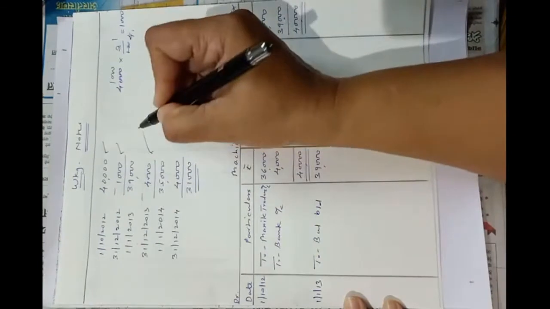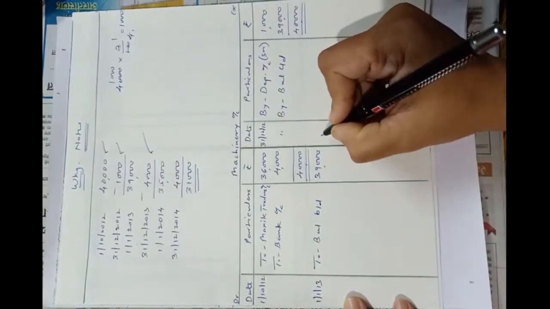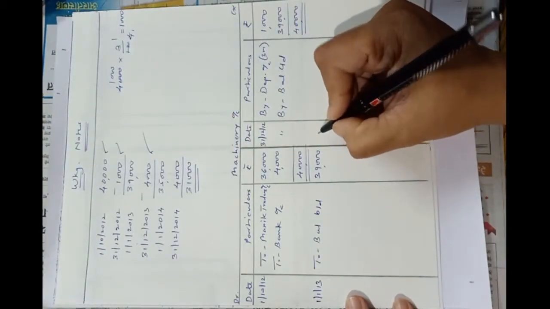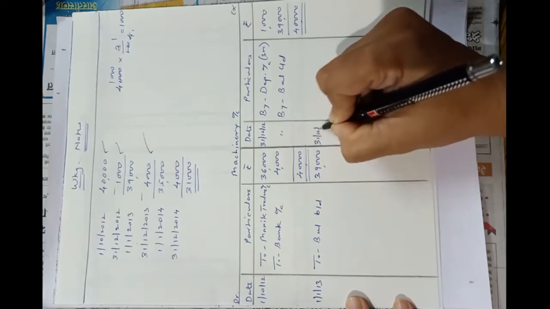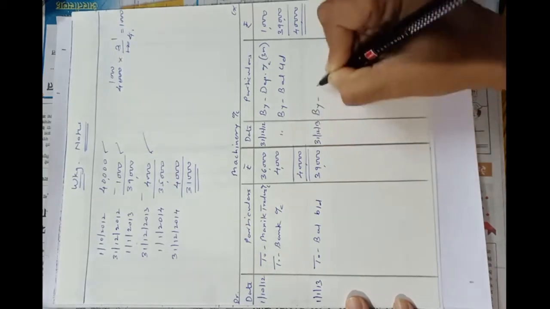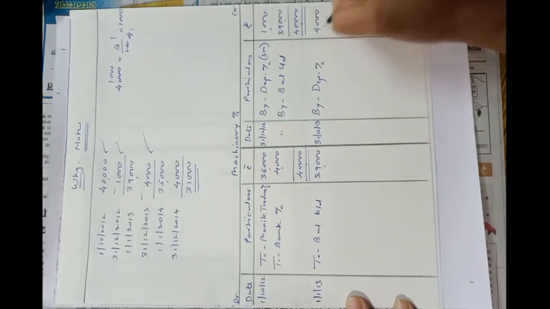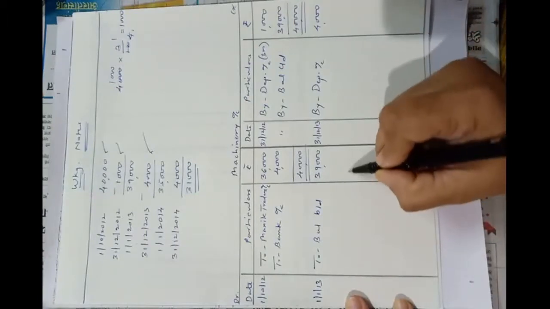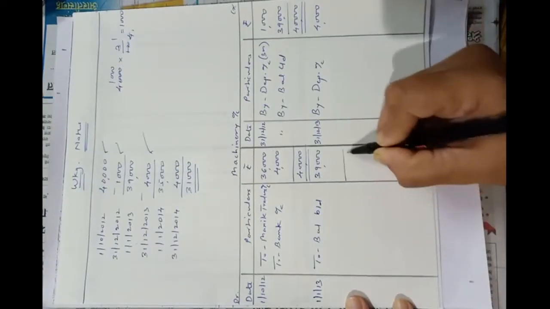At the end of second year again we have to pass the entry for depreciation for second year. So on 31st December 2013, by depreciation account 4,000, that is 10% on the original cost. Second year, for second year we have to tally the account now,